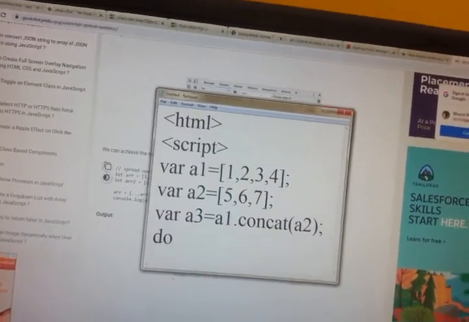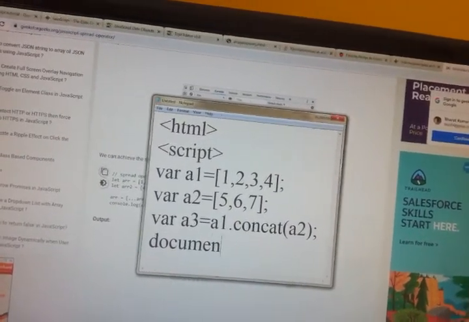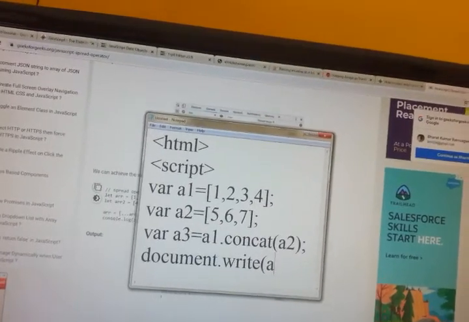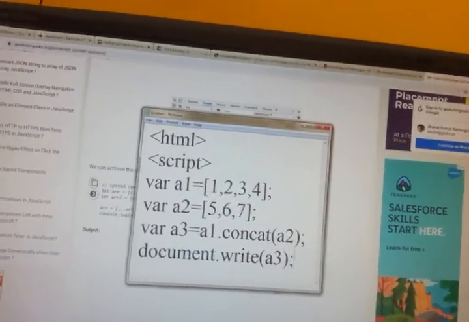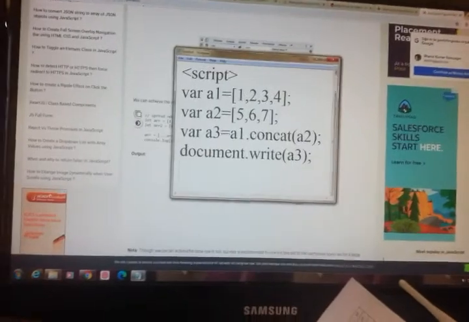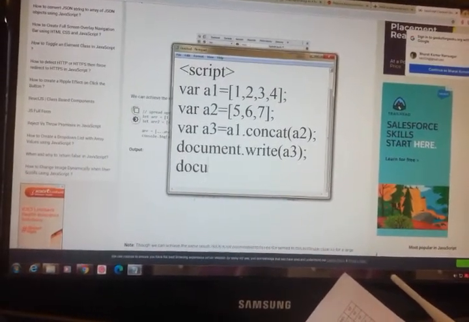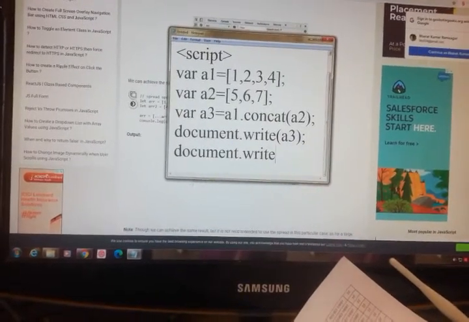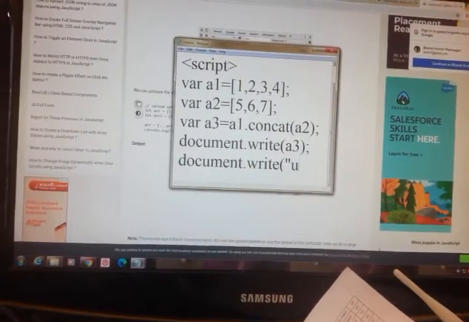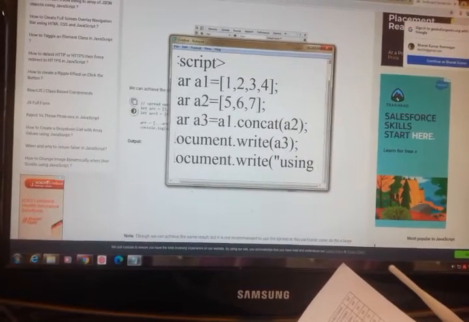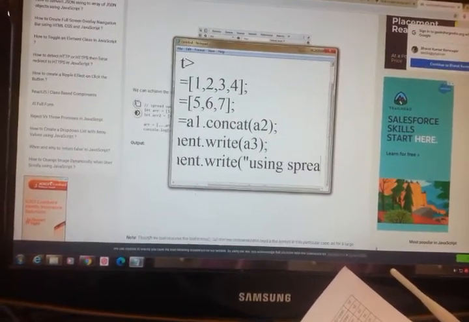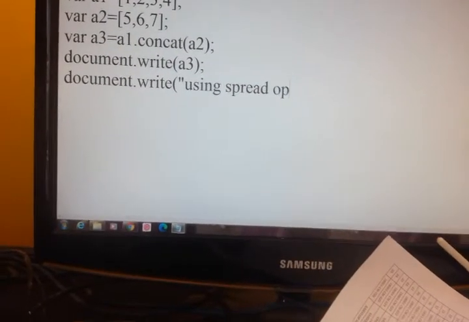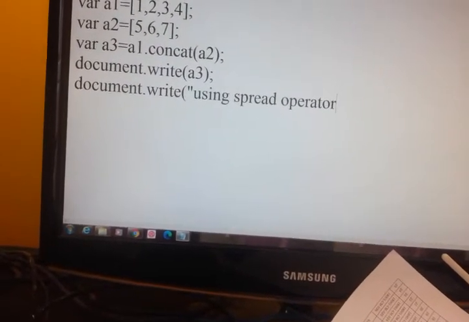So document dot write a3. Next, document dot write, using spread operator.